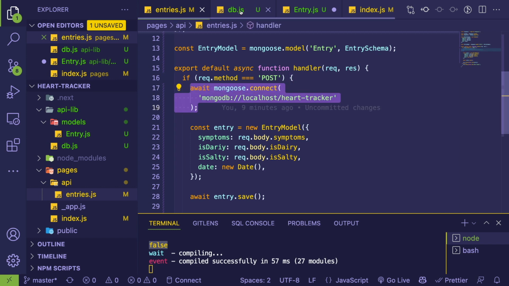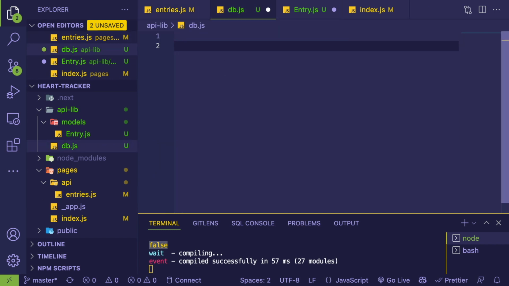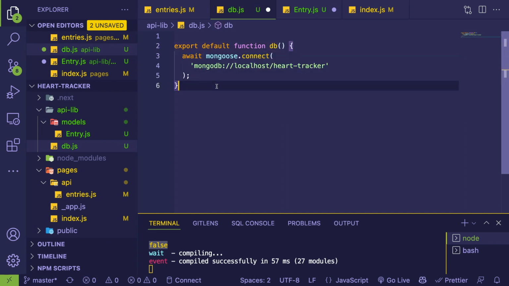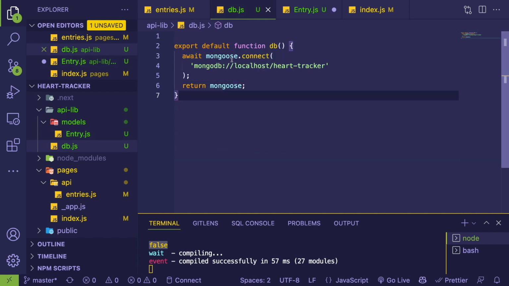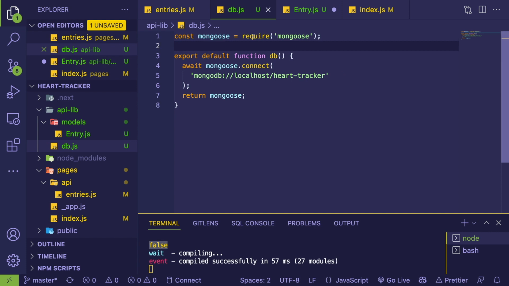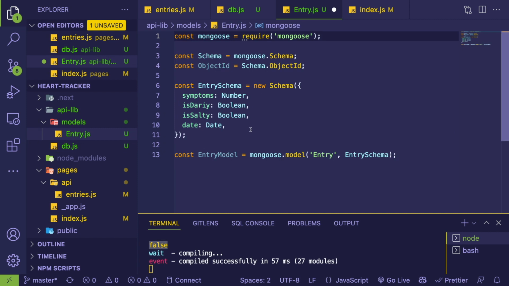But I'm going to do my own little hacky kind of database. I'm going to say this is going to be an export default function called DB that's going to connect to Mongoose and it's going to return Mongoose here. Again, don't know if I'm doing this right. We'll find out. So when we call DB, we should get a Mongoose connection. In fact, I don't know if we even need one. What we really need to do